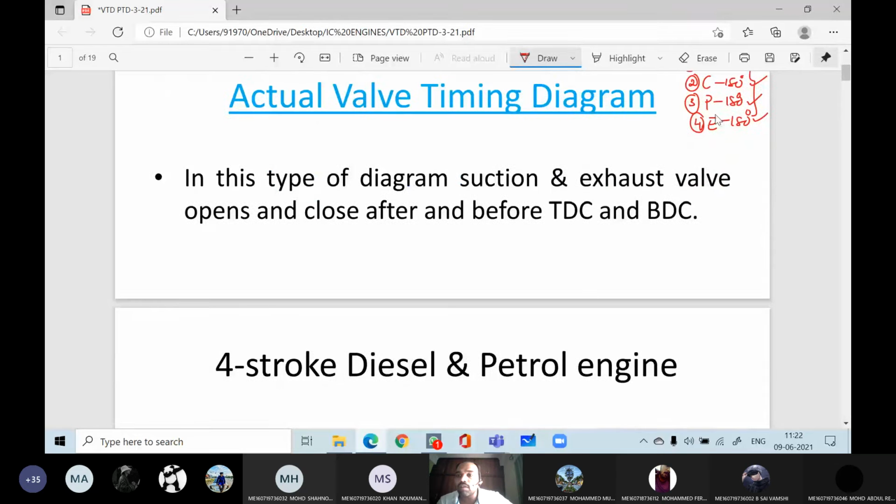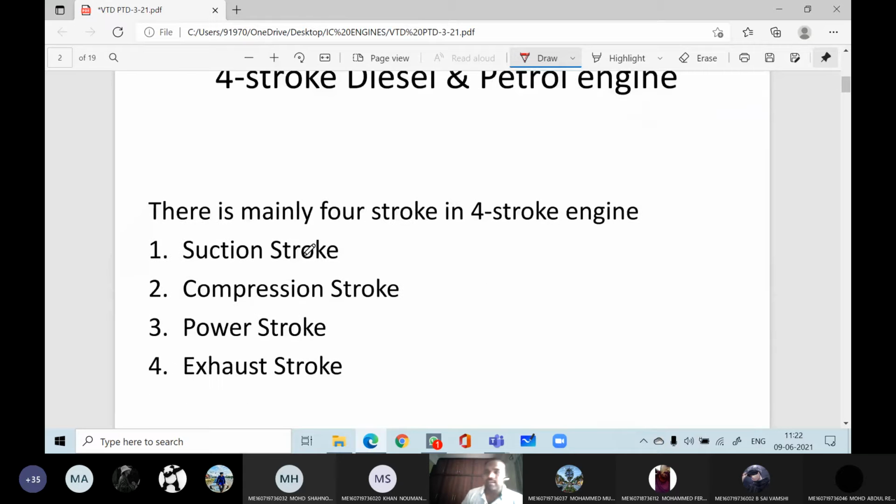The inlet valve is opened before closing the exhaust valve, and the inlet valve is closed after BDC. We will see it diagrammatically. If you see a 4-stroke diesel engine or petrol engine,